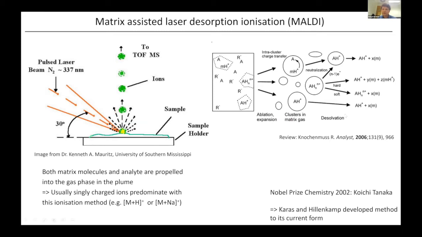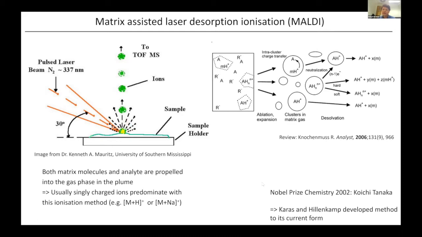And I'm not going to go in massive detail through this schematic diagram on the right-hand side here. Suffice to say that there's probably a mixture of mechanisms in operation, where either preformed ions in the matrix are ionized through the rapid heating that occurs when the laser hits the matrix and the matrix molecules absorb the energy of the laser. But alternatively, some ionization will occur in clusters in the gas phase immediately after hitting this spot with the